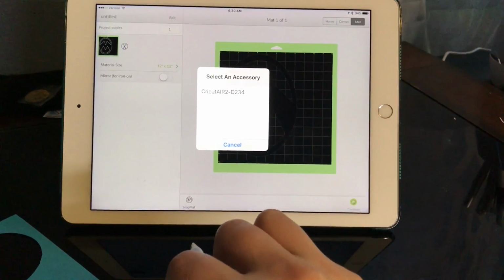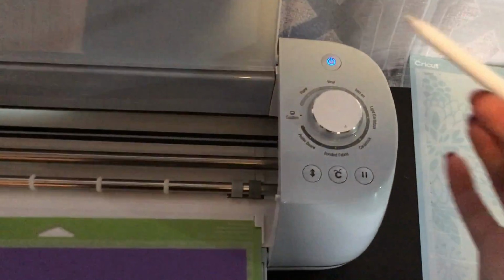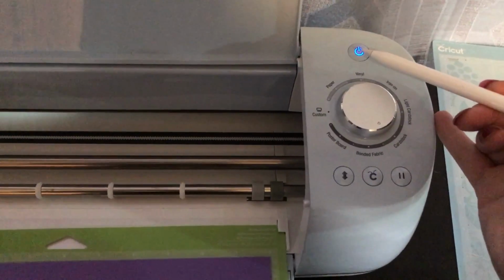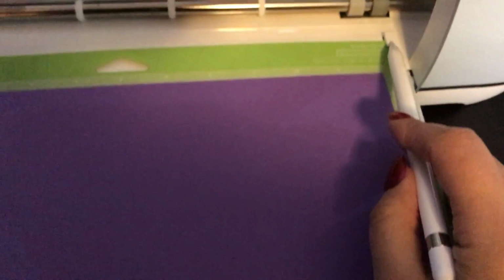Just tap on that, because I've added it already to my iPad once before. So when it connects to Bluetooth, you'll see right here, that's blue. It's telling me that it's hooked up via Bluetooth rather than cord. Normally it's a white color. So let's go ahead. You see the notches right there